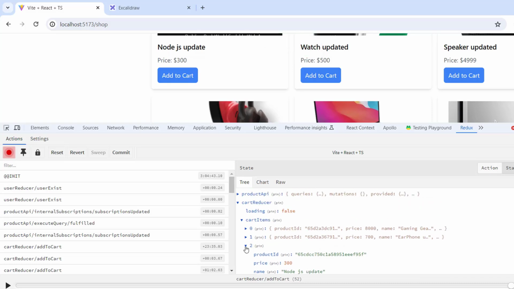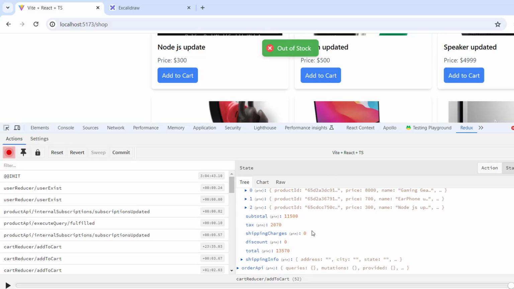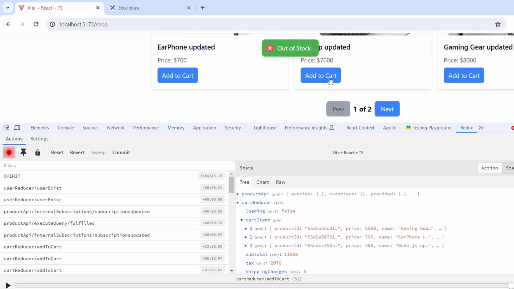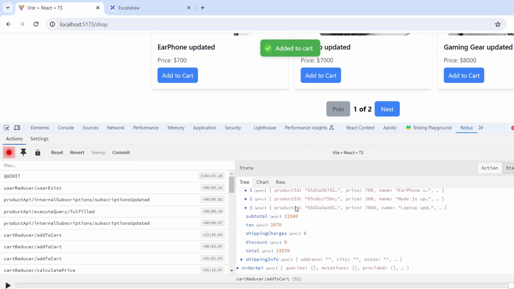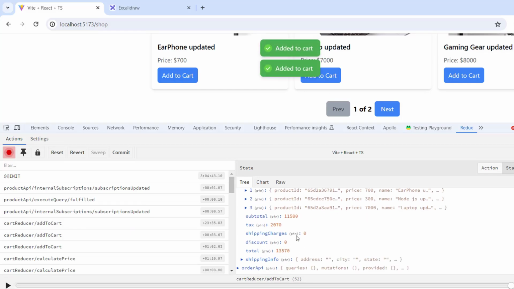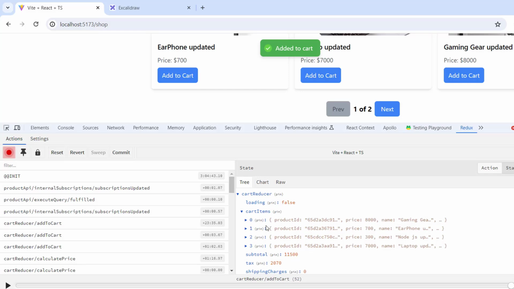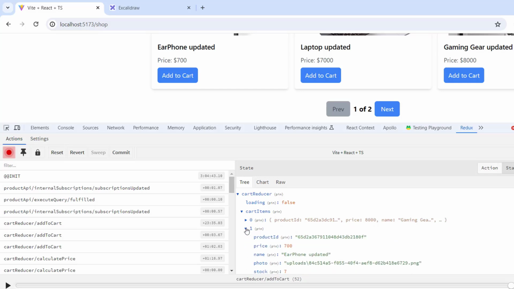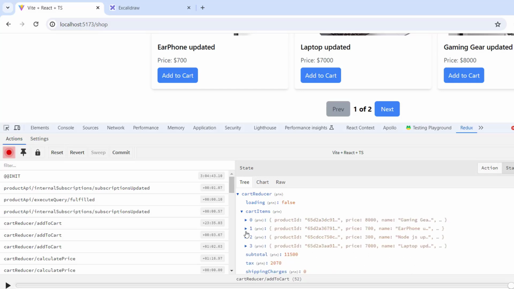3, 0, 1, 2, 3, out of stock. It's already there. We have less product, that's why it's creating a problem. Now 4 items, 0, 1, 2, 3. Okay, so you can come over here and try to understand what is happening by console logging, by seeing the